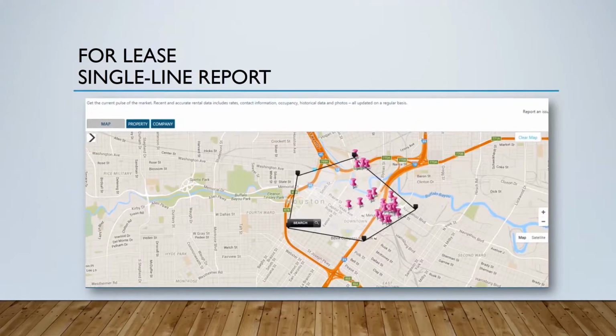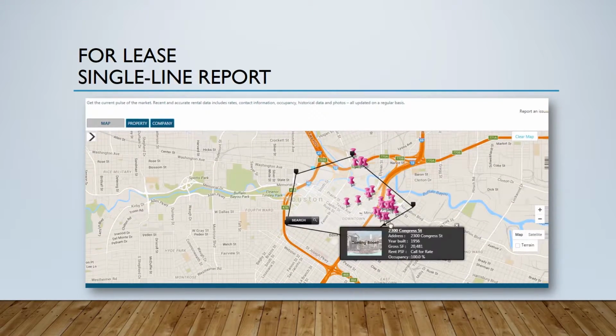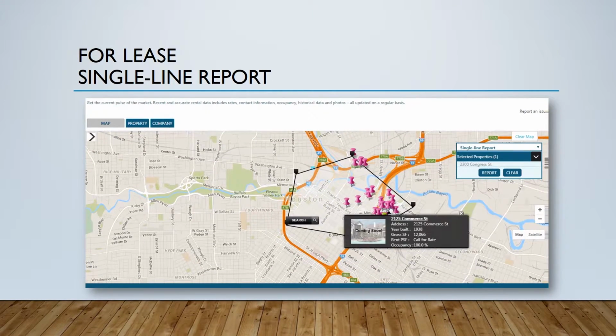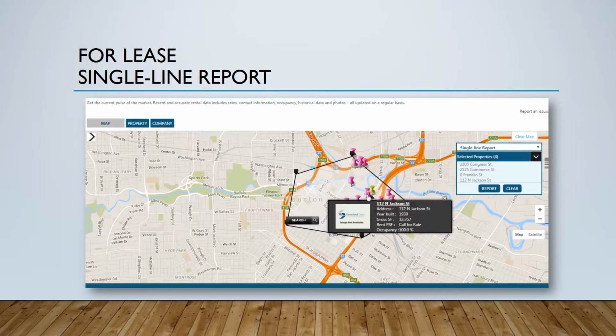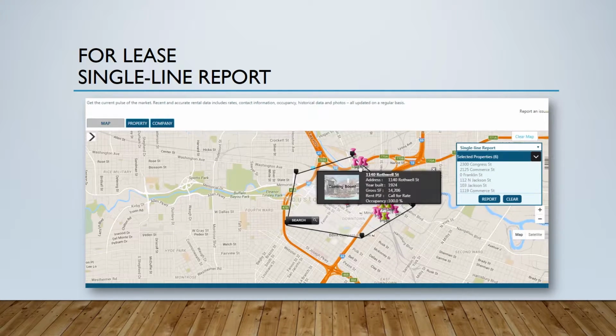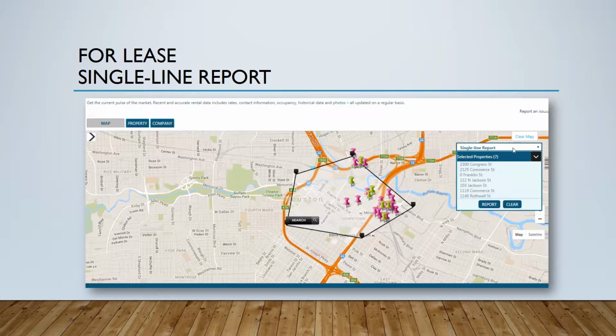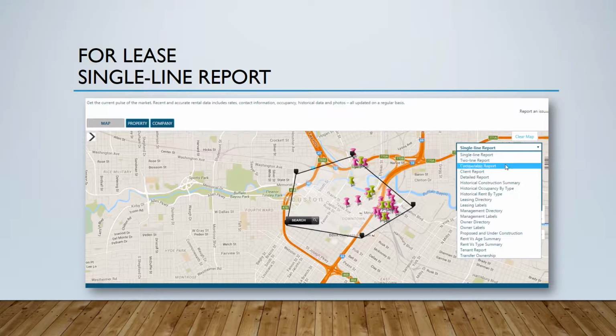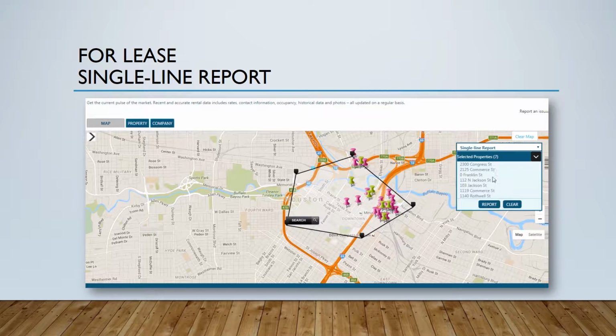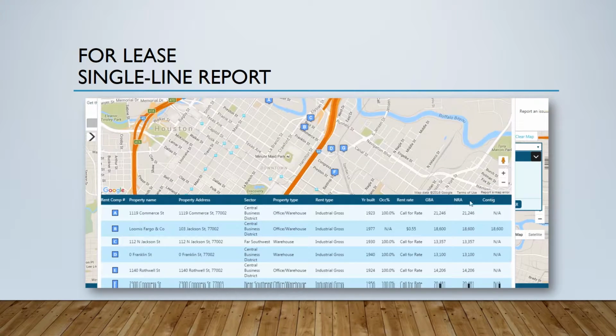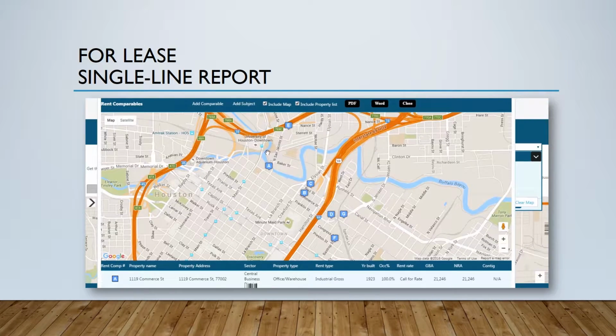Here, I will go over how to search properties for lease. Perform a Polygon search and select properties from your Polygon search. You will see you have the option to run many different reports, like single line, 2-line, comparable, client, detailed report, etc. Click Report, and your results will appear on a Google map, numbered, as well as the property information with